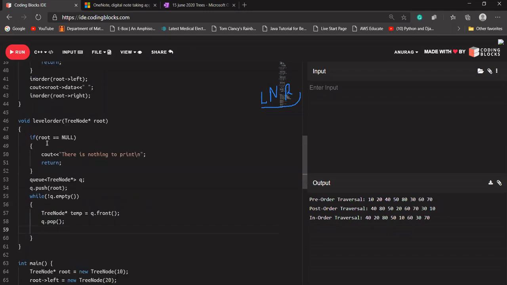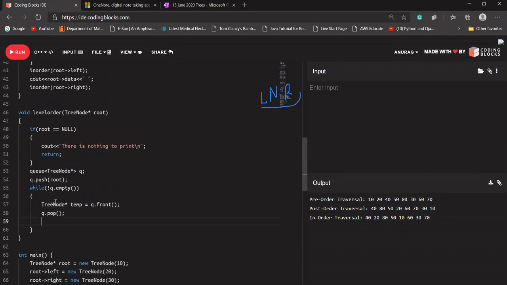Then I'm going to say cout the data that is present in temp, because temp has the address. Print temp's data.